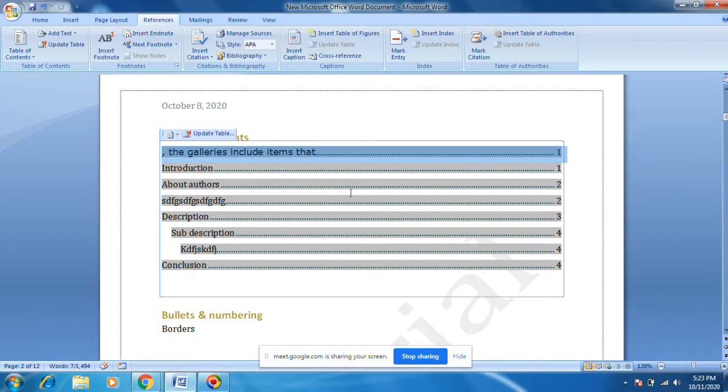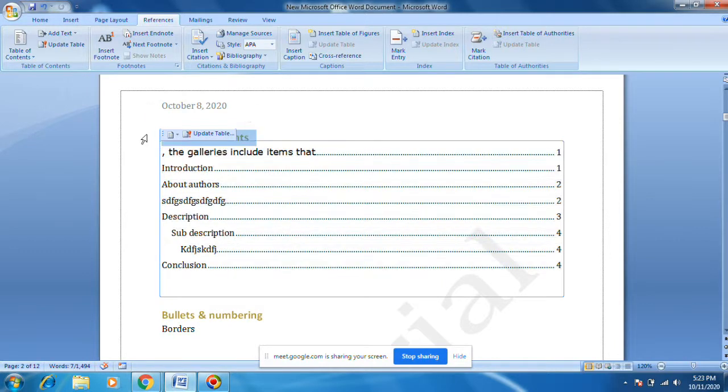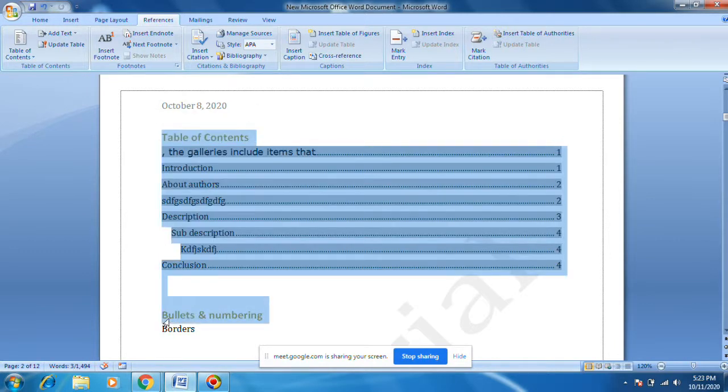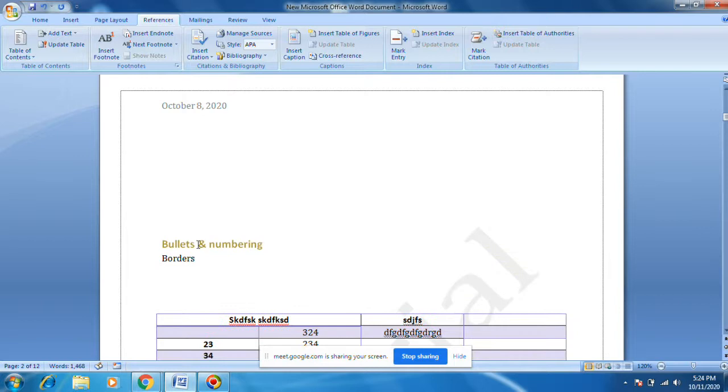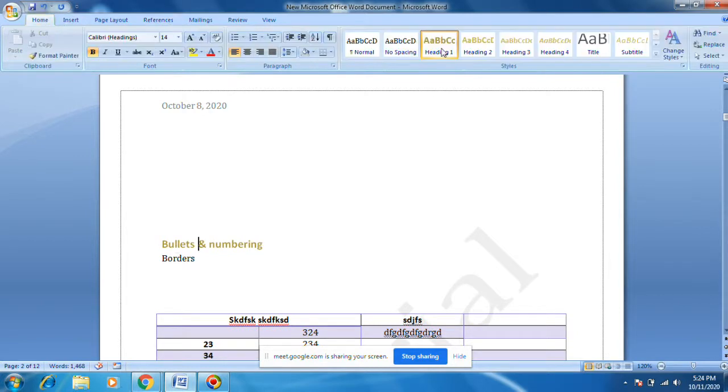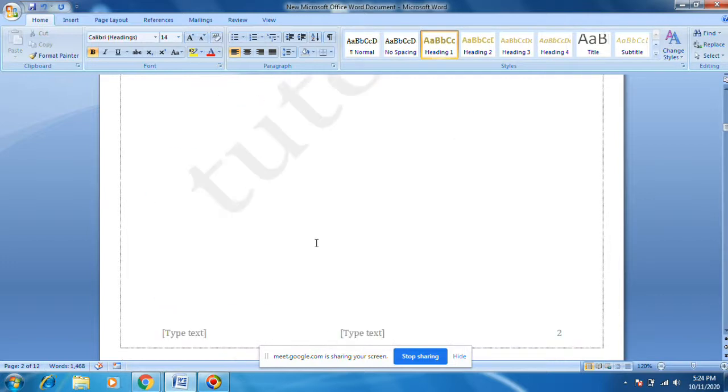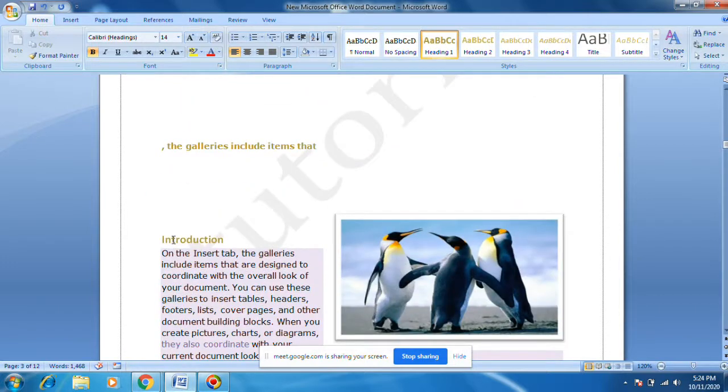Let's see how it works. Okay, now this is heading 1. This is normal, this is heading. If you click here, you see this is highlighted as heading 1. Like that, whatever headings are available, this is normal, this is heading.